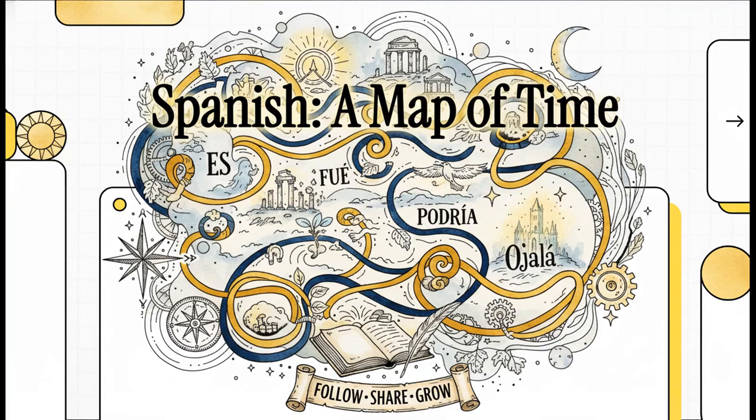So what if I told you that Spanish grammar isn't a collection of rules you have to memorize? What if it's actually a secret map of time itself? A way to navigate not just what is, but what was, what could be, and even what we secretly wish